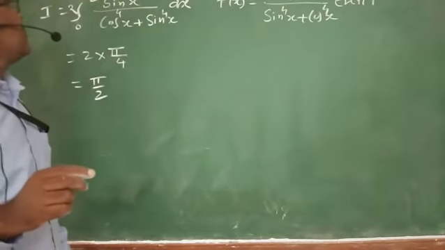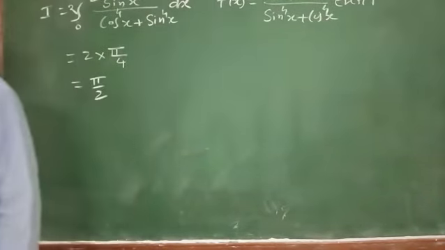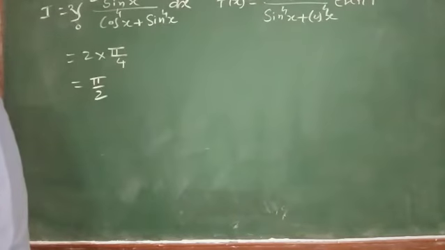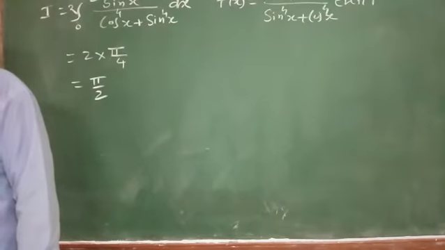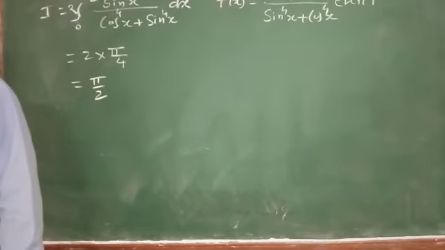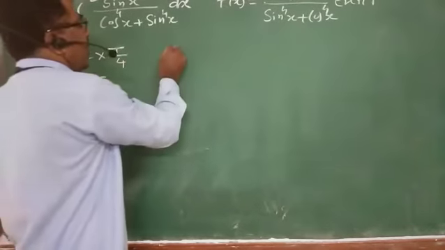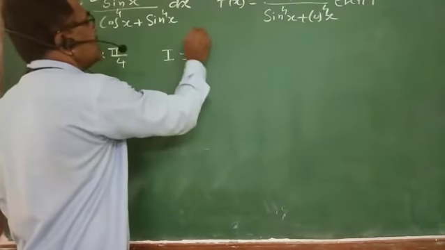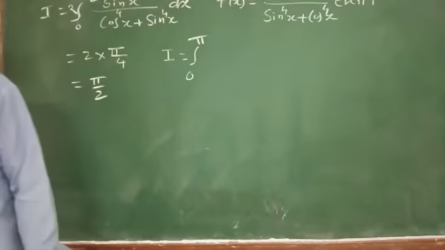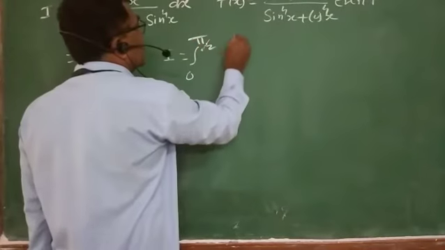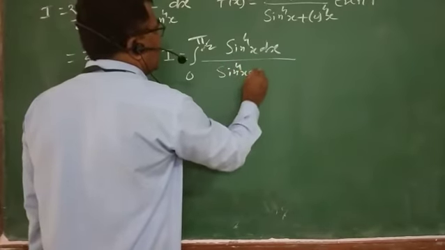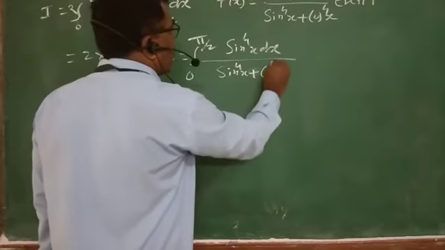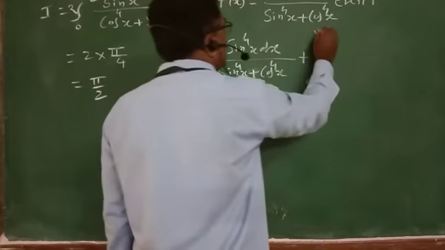We know for 0 to pi by 2, we use 0 to a and 0 to a with pi by 2 minus x, that is I equal to integration 0 to pi by 2 sin raised to 4x dx upon sin raised to 4x plus cos raised to 4x plus integration 0 to pi by 2